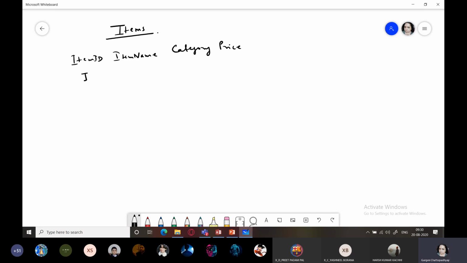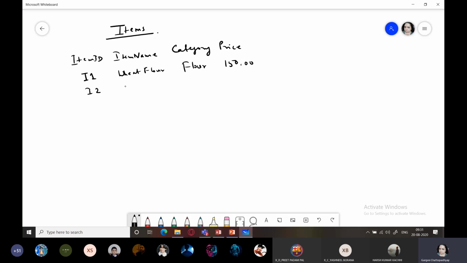So item ID should be something like I1, I2, I3, and so on. Item name I'm taking as, say, wheat flour. Category should come as flour. Price I'm taking as 150.